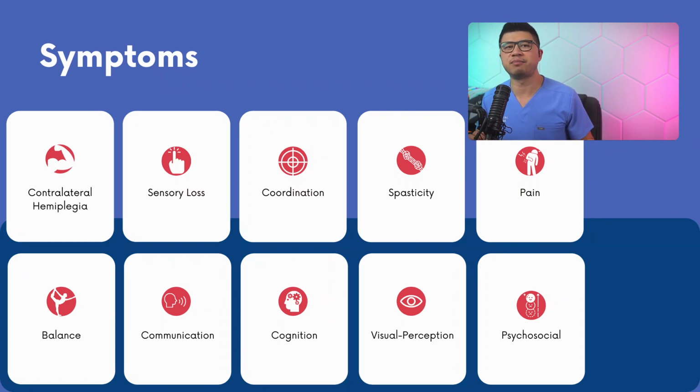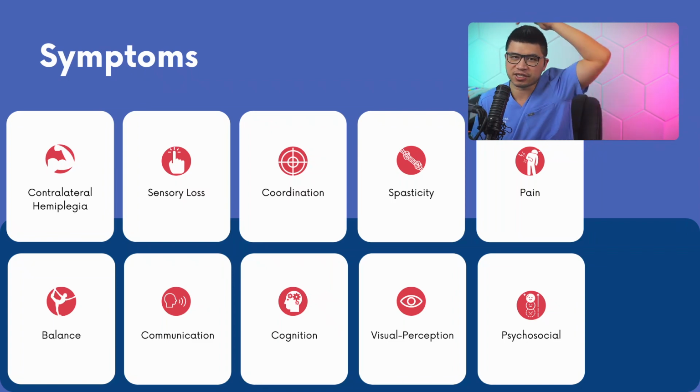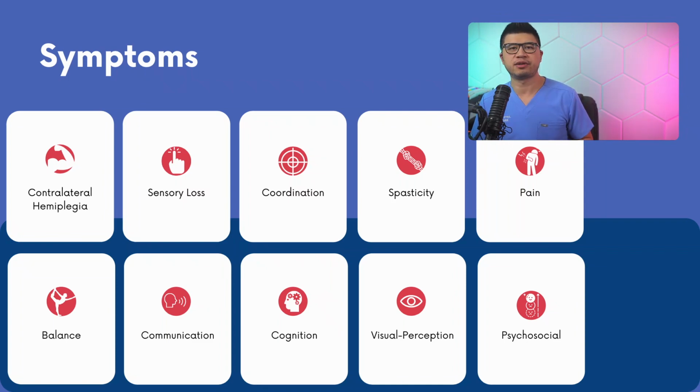Of course, the arms and hands can be affected as well, and that is where a lot of the OT interventions are involved. With communication, due to a stroke in one of the brain's communication centers, there may be aphasia and dysarthria. There's global aphasia, Broca's aphasia for expressive communication, Wernicke's aphasia for receptive communication, and anomic aphasia for the inability to